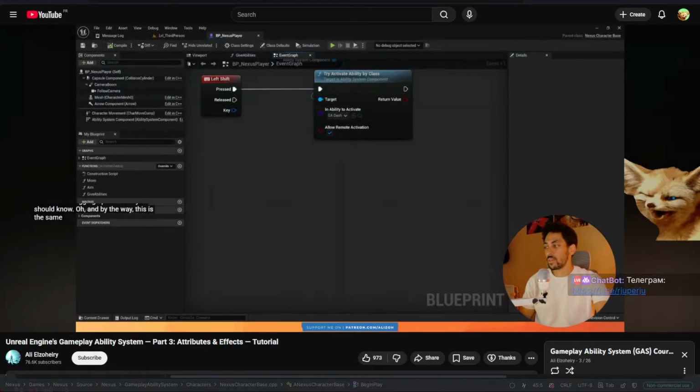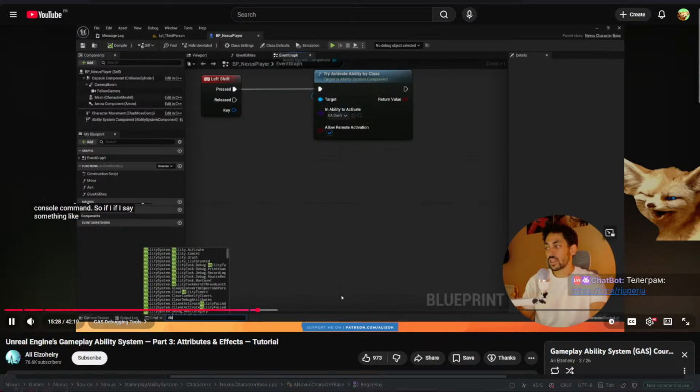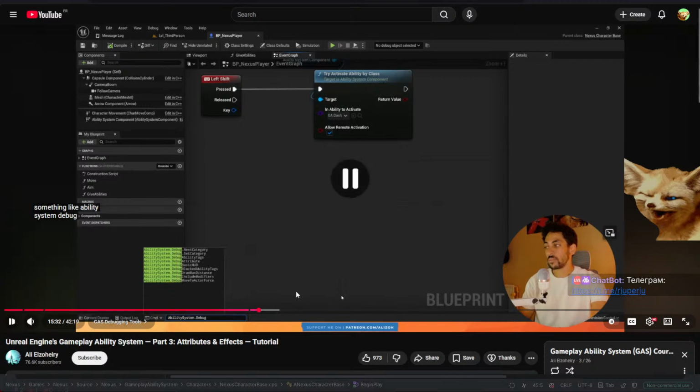Oh, and by the way, this is the same as going here and entering a console command. So if I say something like ability system.debug,